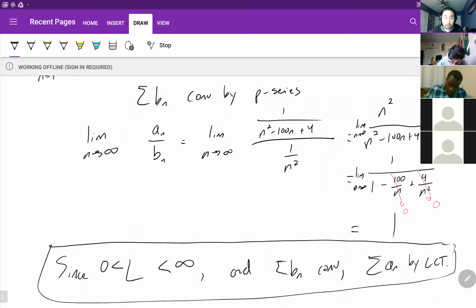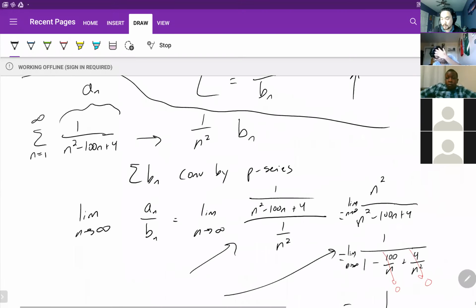So it requires a little more work than DCT, right? Clearly. It requires a little more work than DCT, a little bit more writing, which is why people like DCT a lot more than LCT, but the downside is DCT does not always work. Okay? That's the point I was trying to get to. Any questions on the write-up? Any questions on the work? Any questions on, I don't know, anything?